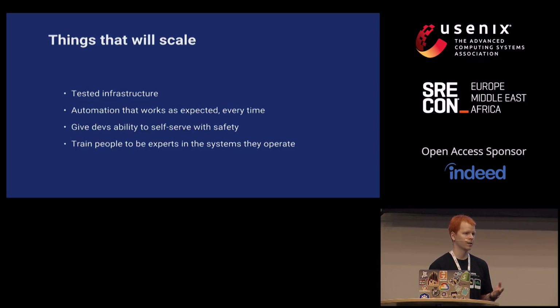So we refactored our organization inside production engineering into sub-teams, so that we would have a team dedicated to being experts on MySQL, a team that would be experts on traffic, a team that would be experts on something and something else, so that we could grow those experts inside our company.